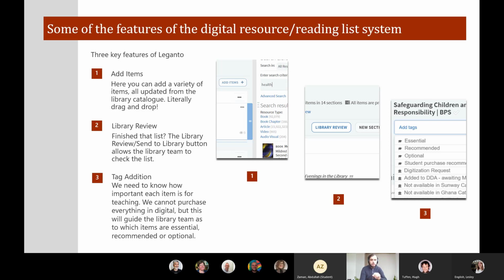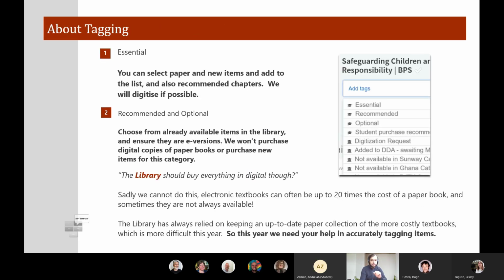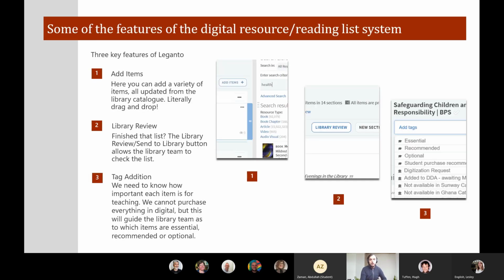A really good button I'm just about to show you when I actually create a little reading list is you can actually send it to us to review. Once you've finished your lists in our reading list systems, you can send it to the library and we'll have a look through it. We have a few rules and we'll talk to you about what you can do to make sure that we know how to manage your reading list. When you've finished a list, you click a button and it sends it through to the library to review.